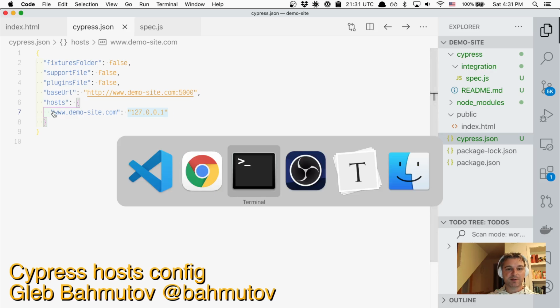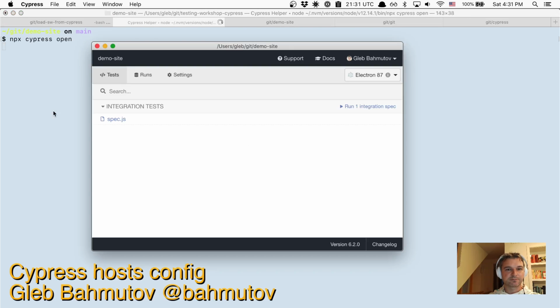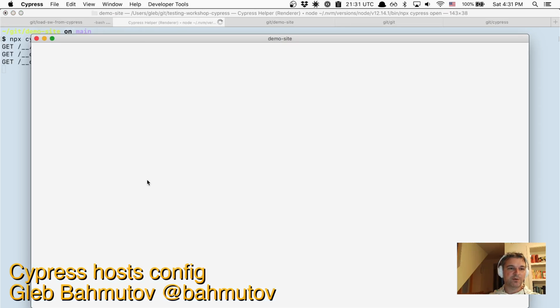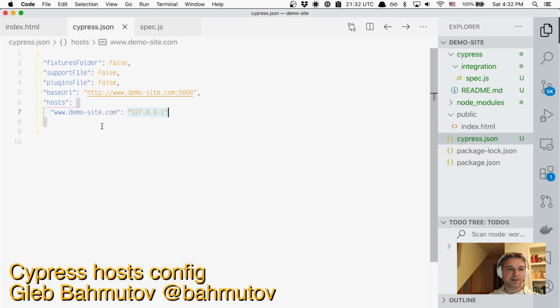And so what happens when we start Cypress? Cypress open. We load our spec file. It goes to visit the base URL, and notice that the base URL is demosite.com with port 5000, and it passes. So Cypress has this built-in hosts object that you can use to bypass and avoid using the host file,